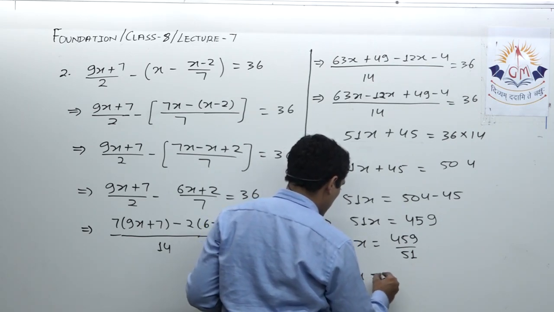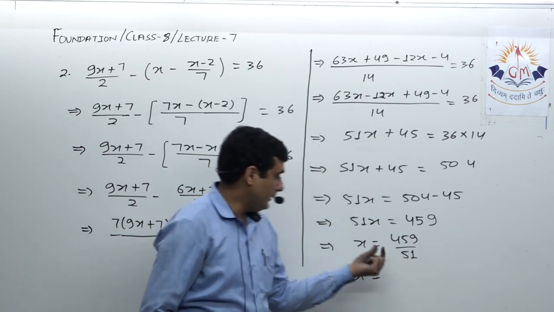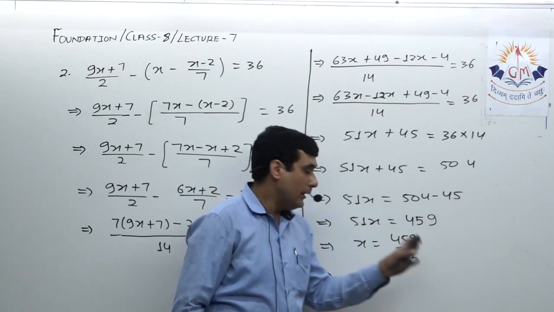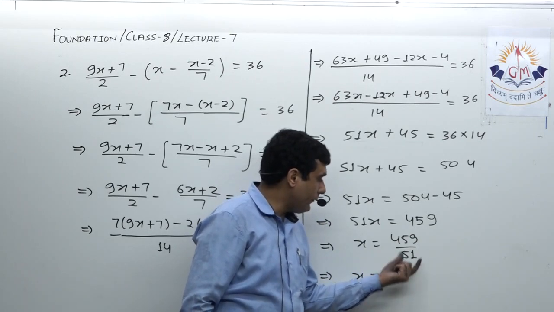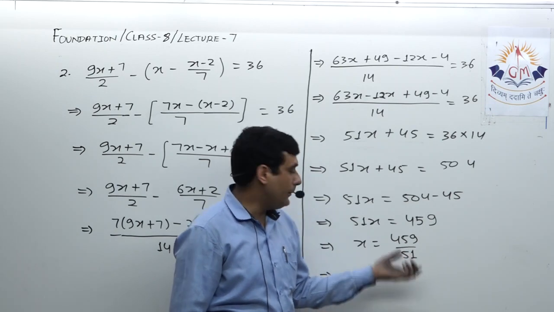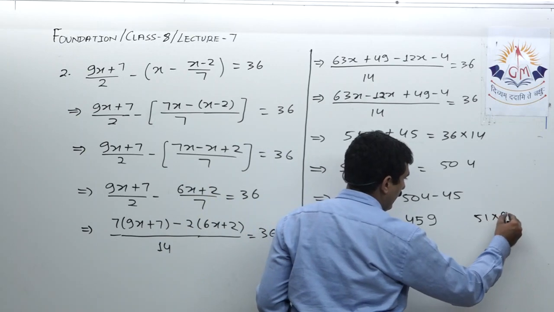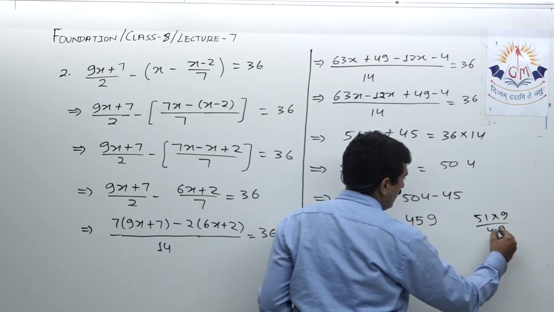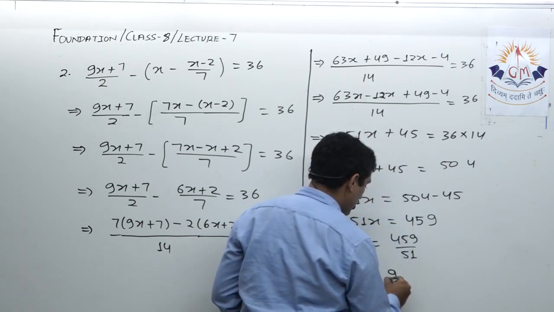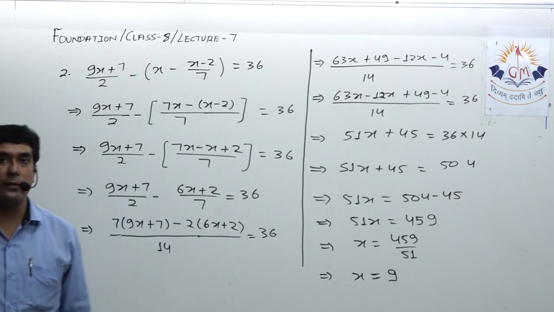Okay, so x is equal to... if it is a natural number, then it should end in the digit 9, like 9 or 19 or 29. Now again, this is approximately 50 and this is approximately 500, so it will be 9, this is the only answer. So let me check, 51 into 9, yes. So if I divide by 9, I will get my answer. So here, x is equal to 9. Please note it down, then we'll see the next question.